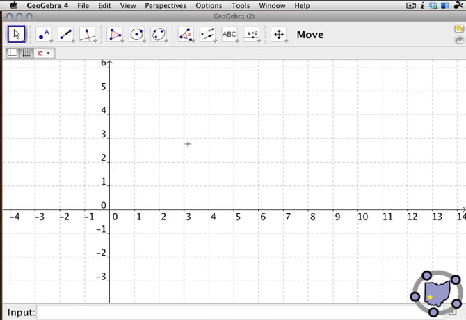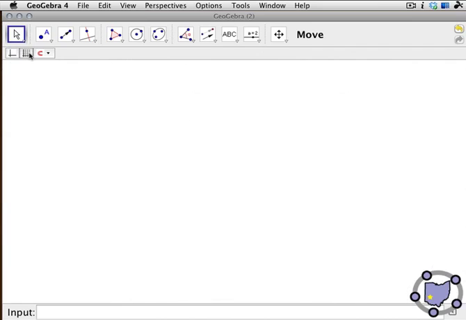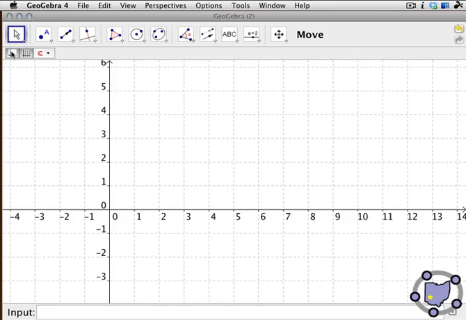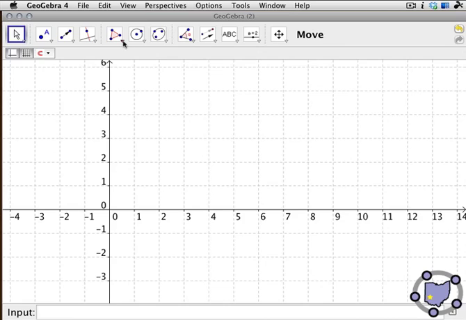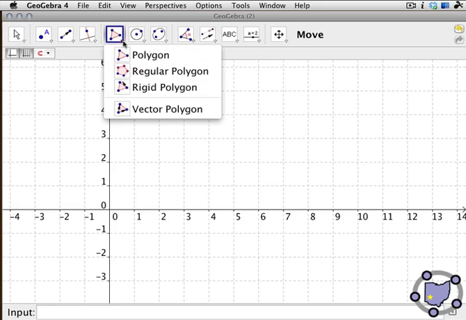And what we're going to do is show the axes and the grid. They're both on. Remember that we can toggle these off or on by clicking on these buttons here. So once your axes are on, that's a good thing. And we're going to create a letter F using the polygon tool. We're going to actually create a polygon, then we're going to rotate the polygon using a slider. So first begin by going to the polygon tool,